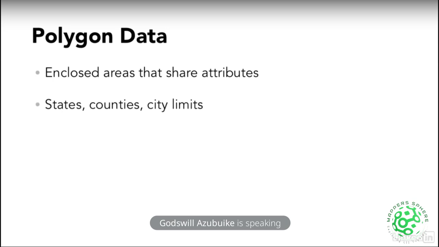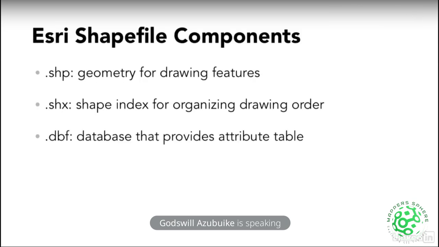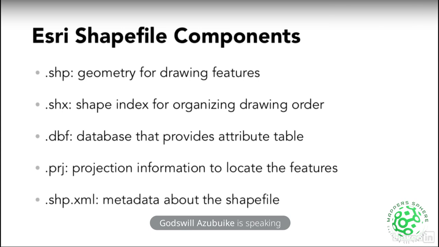Now let's look at Esri. Esri has a type of data set called shapefile. This shapefile is what is used to store vector data. So the shapefile has these components you're seeing here. You have the .shp. That is why anytime I want to send geospatial data or shapefile data to you guys, we send it in zip folders, because